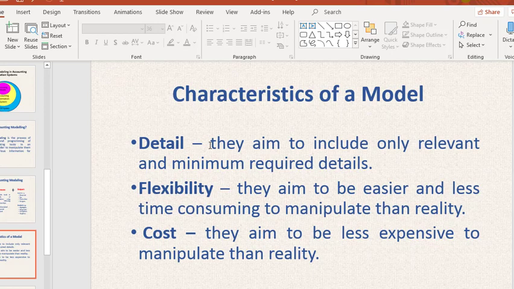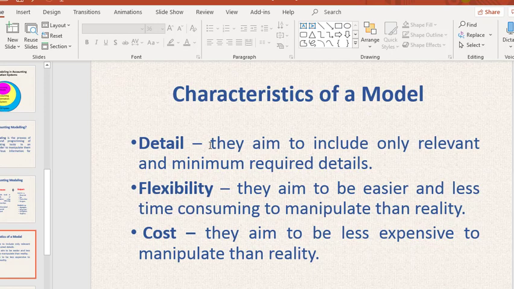So we are not going to go into too much detail about the information that you are going to provide. You mainly focus on what is the required information, and you try to provide the minimum required information